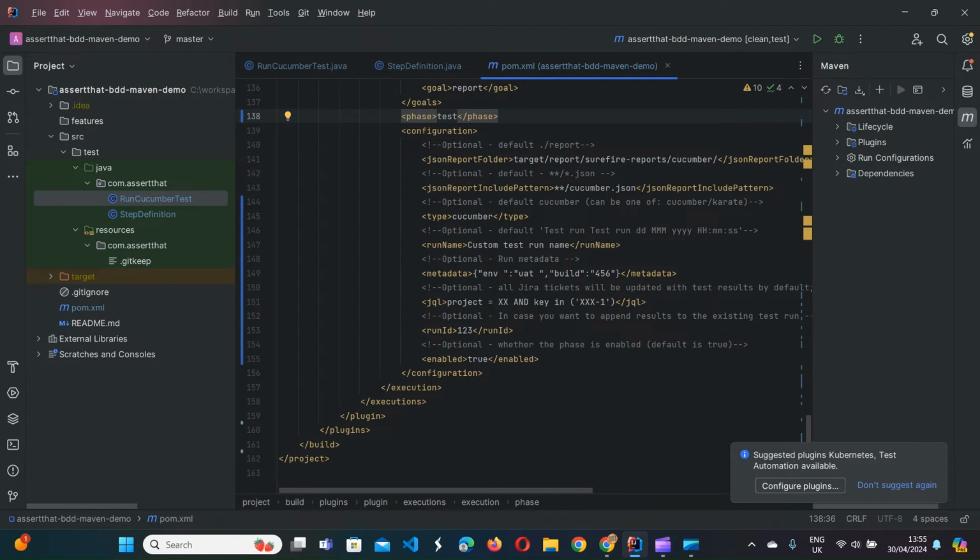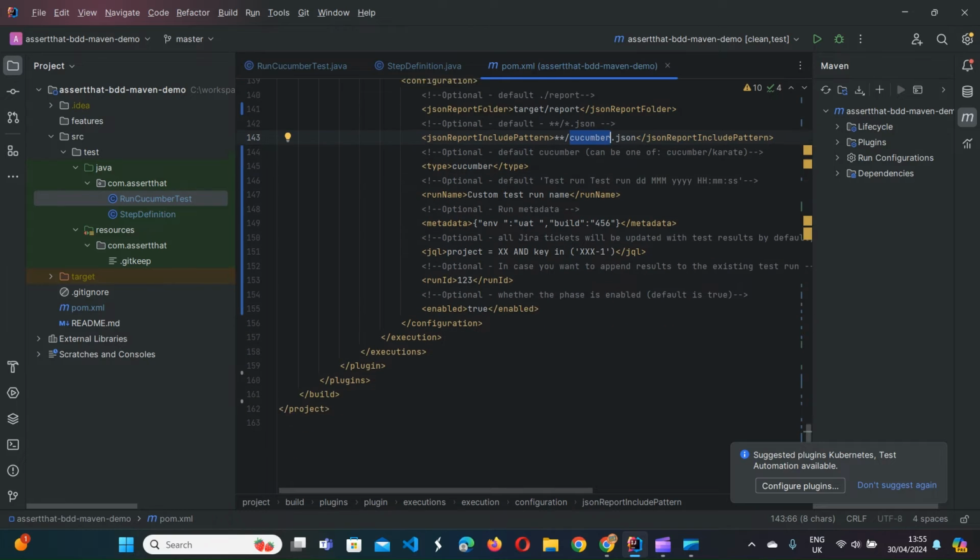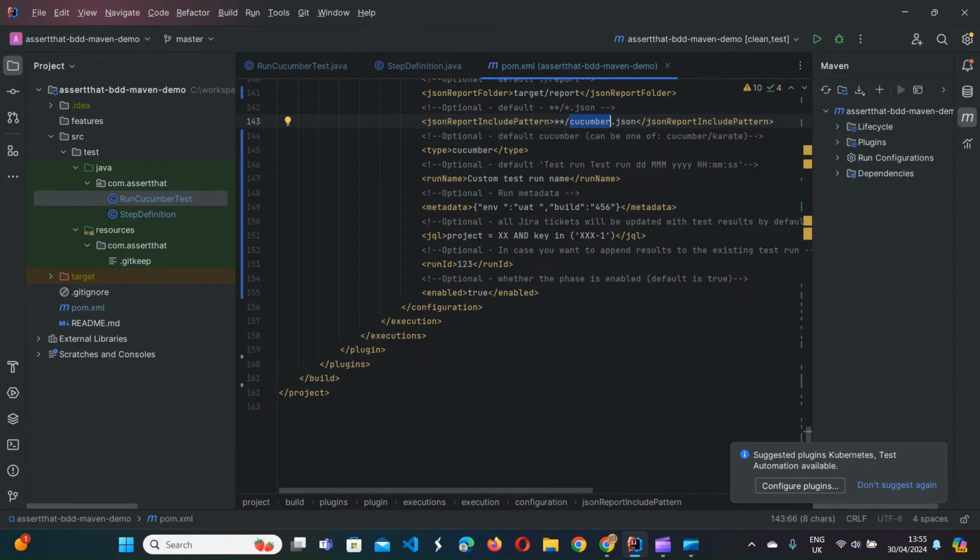Cucumber JSON. In fact, we can specify the parent folder, and the plugin will search for all the JSON files conforming to this name pattern in all the subfolders of this parent folder. Type is Cucumber by default, but we also support Karate type reports. Custom run name is optional.